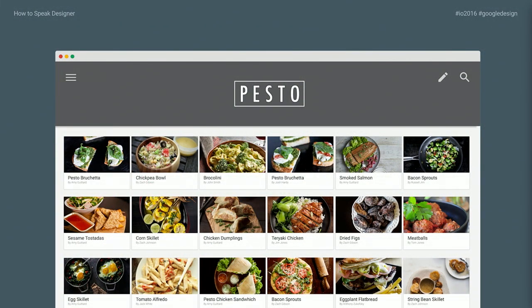OK. This is an interesting start. It's pretty good. But I feel like it's missing color. And the brand feels a little bit weak. I also think the grid is super dense. I mean, this is a lot of recipes, more than I could ever cook in a week. And the pencil's really important there. Let's bring that into more of a primary action.